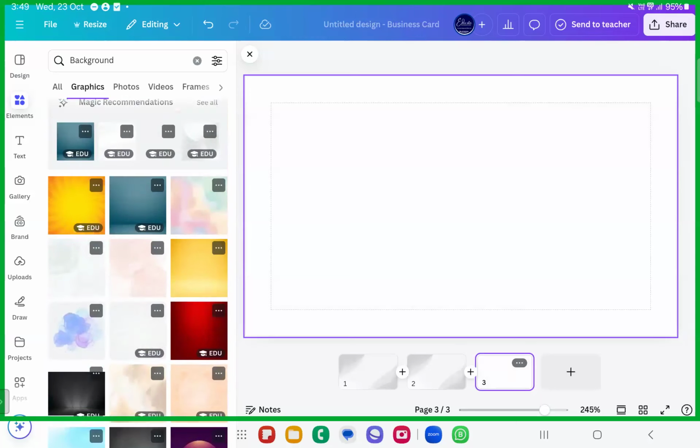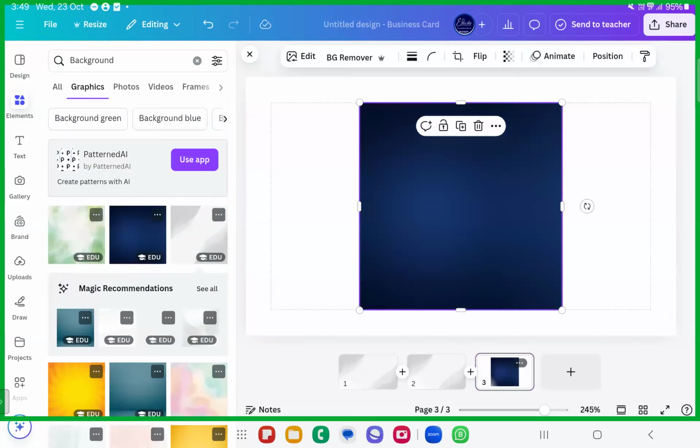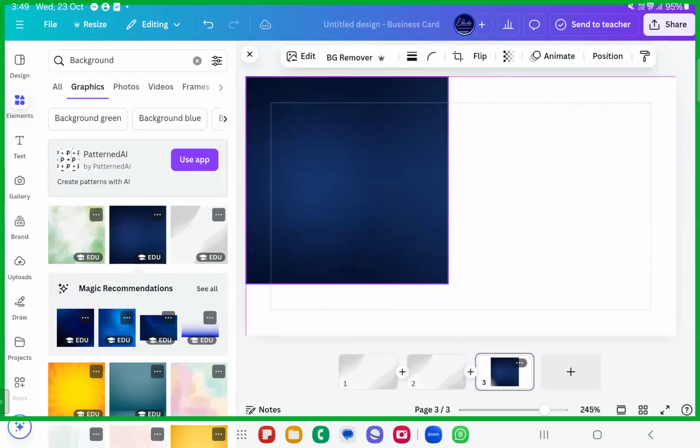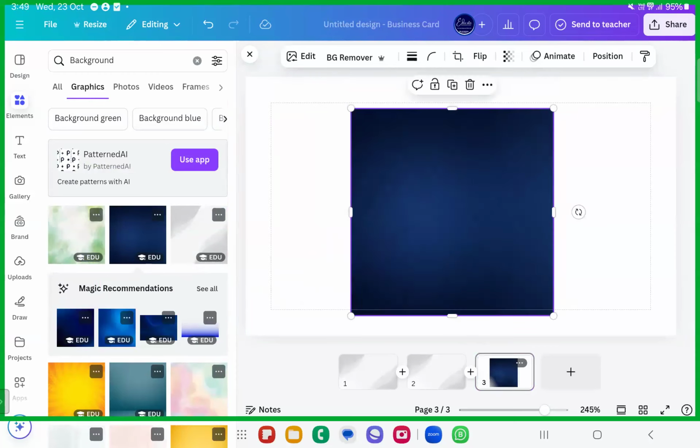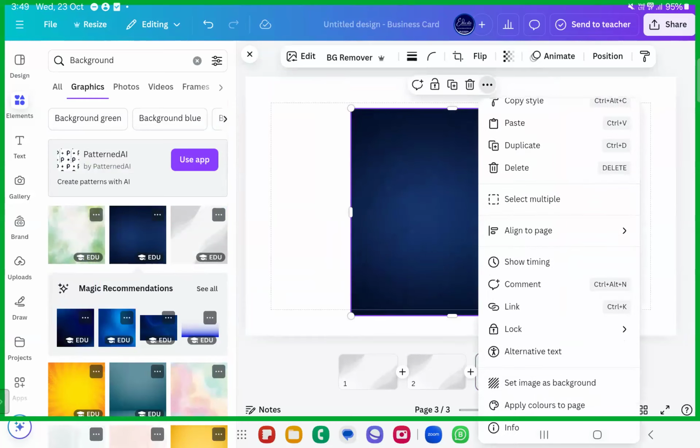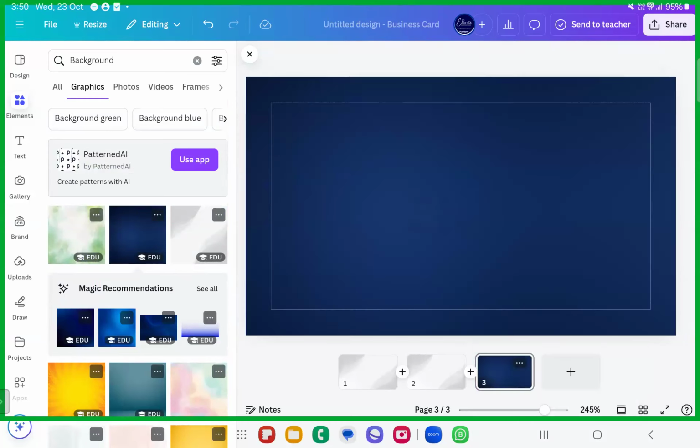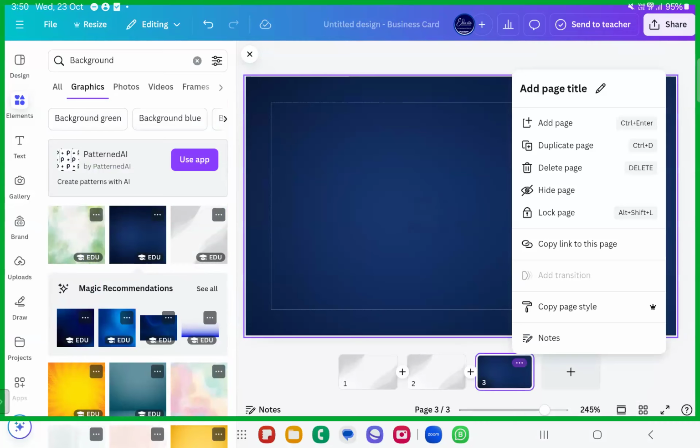Okay, backgrounds. You can even have specific backgrounds. If you want a blue background, a red background, something like that, you can go ahead. So you just go ahead and replace the background, set images as background. This goes well. Okay, if you do not like this color, you can even go ahead and write a blue